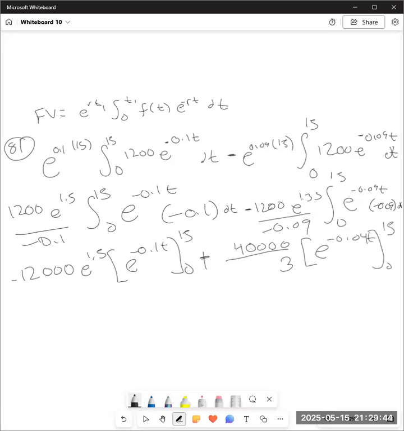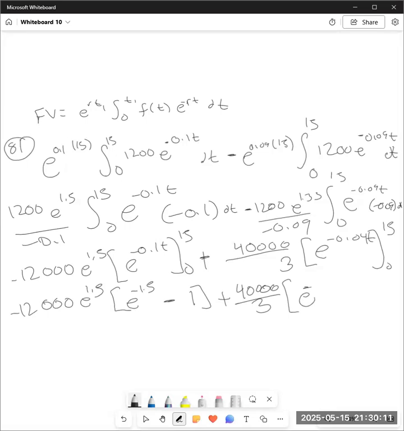Okay, so negative 12,000 e to the 1.5 times e to the negative 1.5 minus 1, plus 40,000 over 3